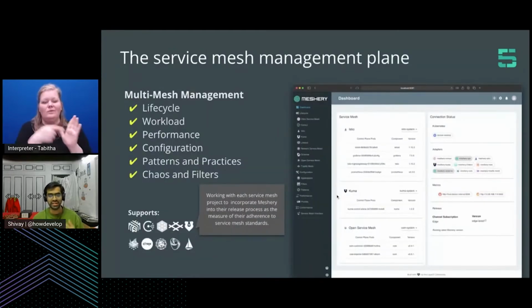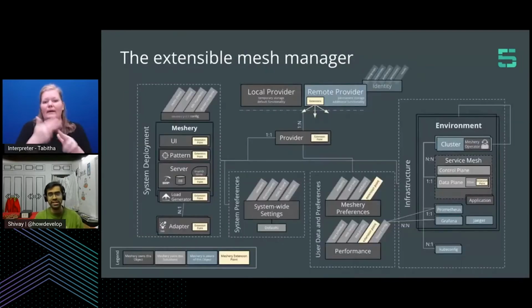which is basically regarding this entire architecture, how we are talking about the extensible mesh manager, right? So let's consider that, as we discussed, Meshery will support two different types of providers, whether it's the local or the remote. Now essentially what we are looking at over here is that